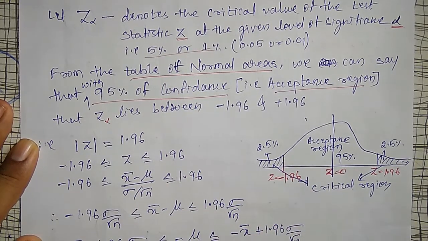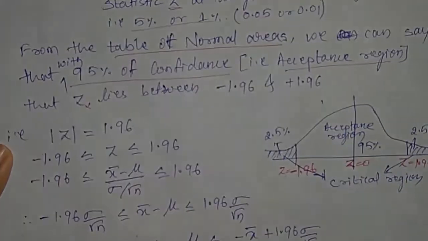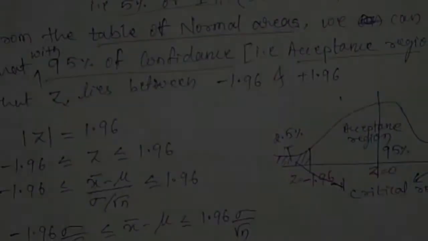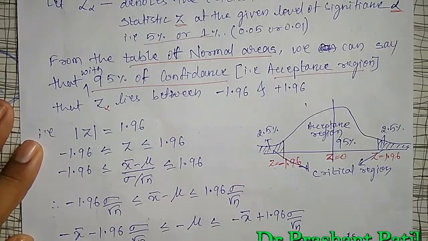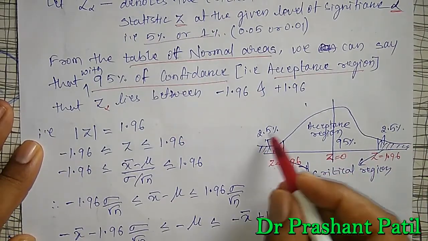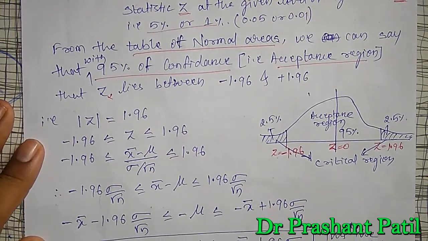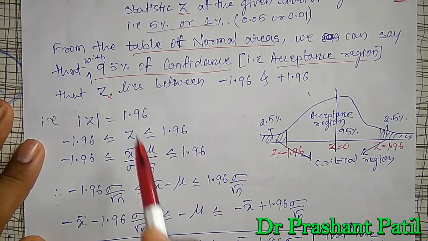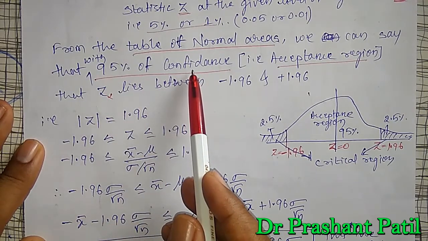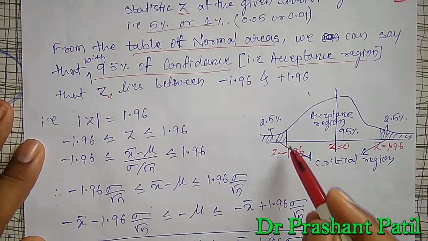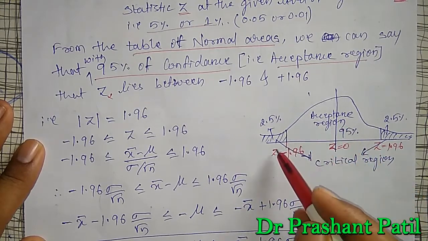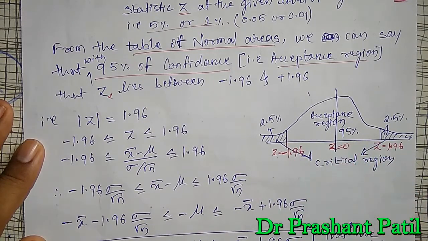Okay, in a two-tailed test, the 5% is divided into two parts, 2.5% and 2.5%. These regions are critical regions. This is the acceptance region. Then where is our confidence interval going to lie? This is the 95% confidence. Then what is that confidence interval? How do we find this interval, the z value or the mu value between those limits?